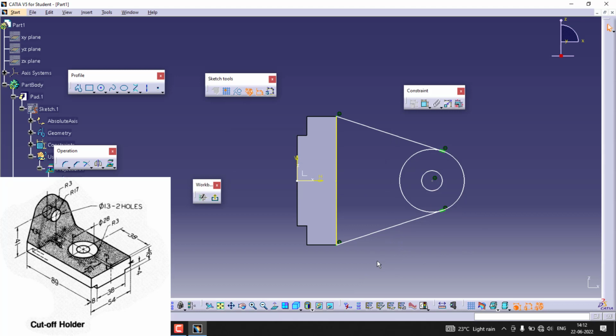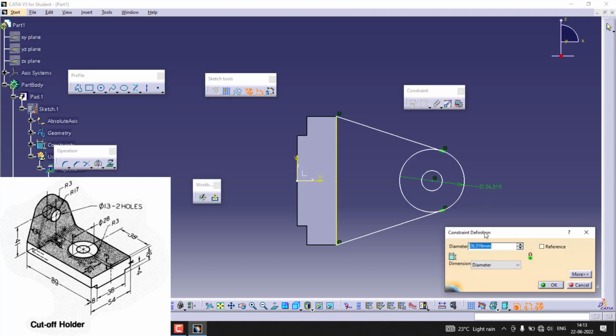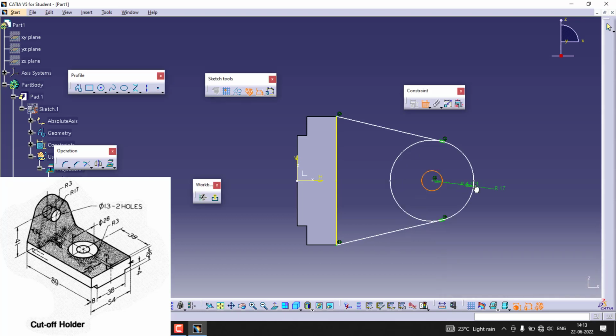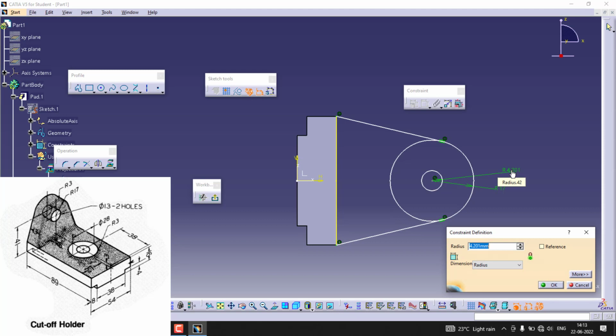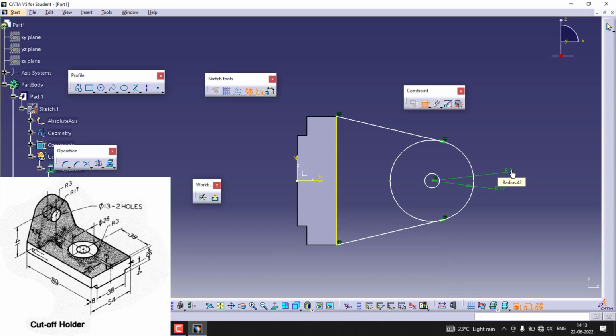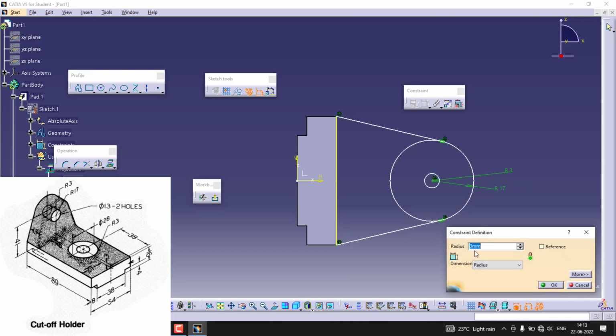Okay, once you're done with this, you can simply give the dimensions by using the constraint tool. Diameter values, you can see it is in radius, so to define the radius you can simply select the arc and double click on it, and you can change from here. Okay, remember that. So it is 70, the inside one is, actually, it is diameter 13, not 3. The radius is 3. So confusion. Okay,